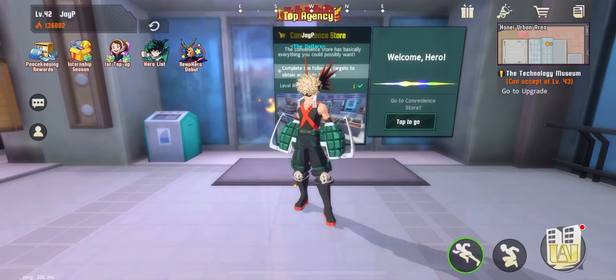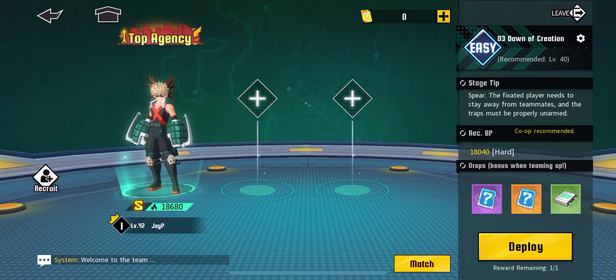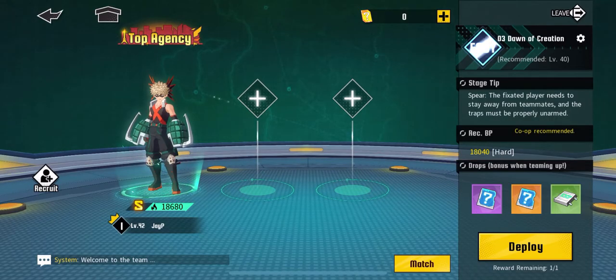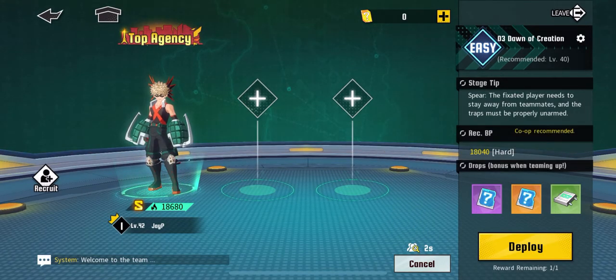So for number 2, what you need to know is if you want to do co-op and you're having trouble getting people with a high enough BP to actually go with you, what you can do is go to the cog right there, settings. You can set your visibility to invisible, invitation only, save, and then you're going to set up whatever it is that you need. I'm just going to put easy there, and you're going to press start matching, and then you're going to wait 15 to 20 seconds, and what's going to happen is that,